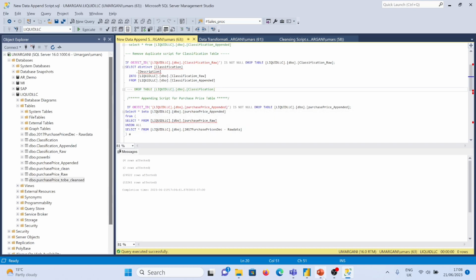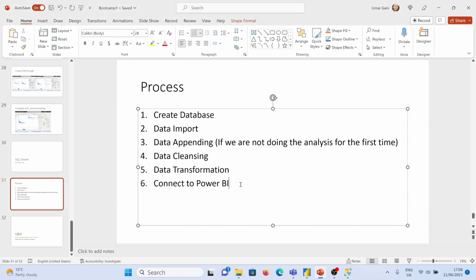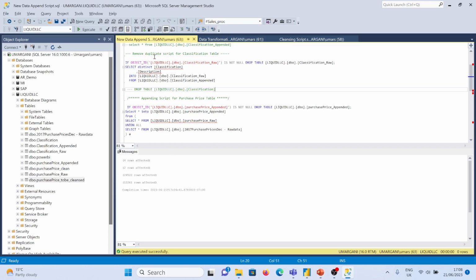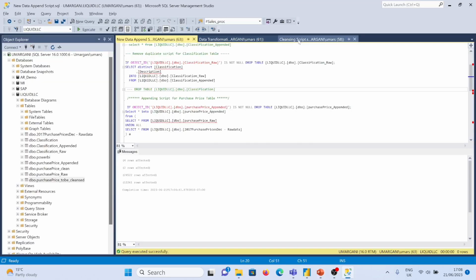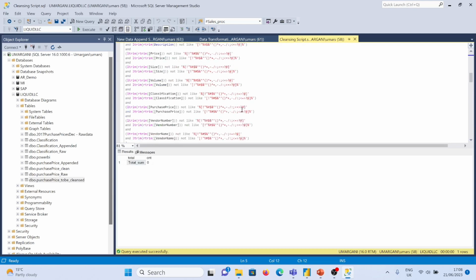Okay, so I think now you understood the process of data engineering using SQL Server. I showed you the script, but probably you need to understand what is happening there, right? So I'll start with data cleansing. The cleansing script, what I have done is,